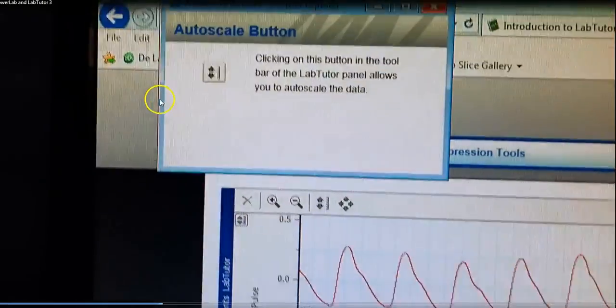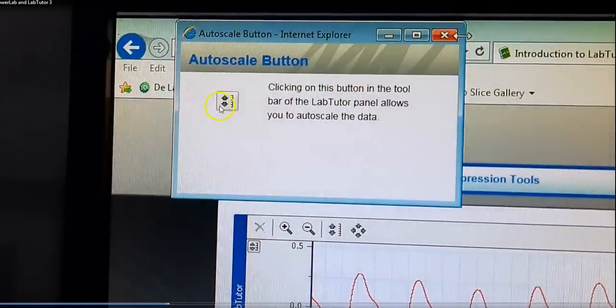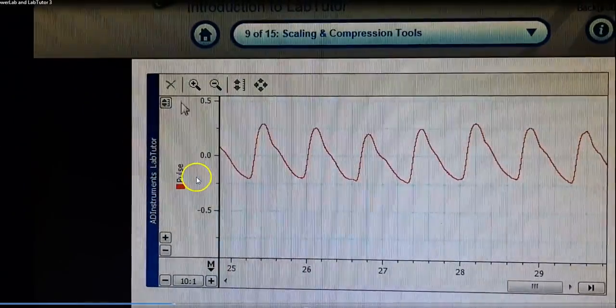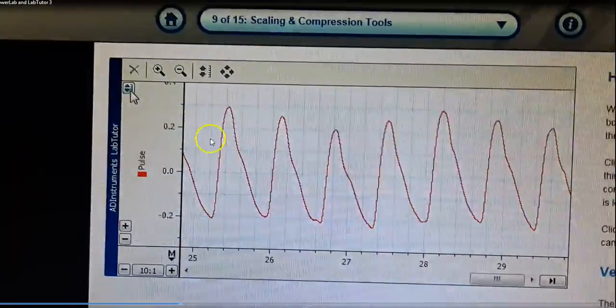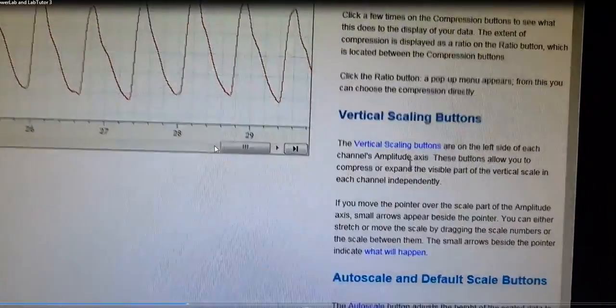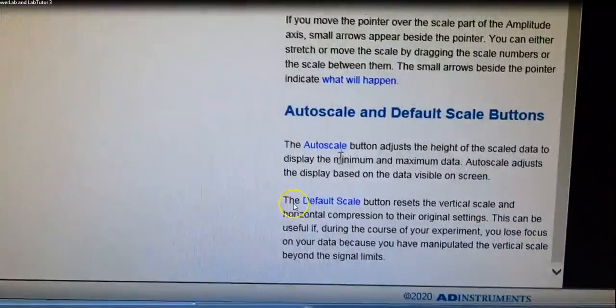So here we have the definition of the auto scale button. So this is the auto scale button. Once you click that, we actually used this a while back. Okay. And then on the default button,